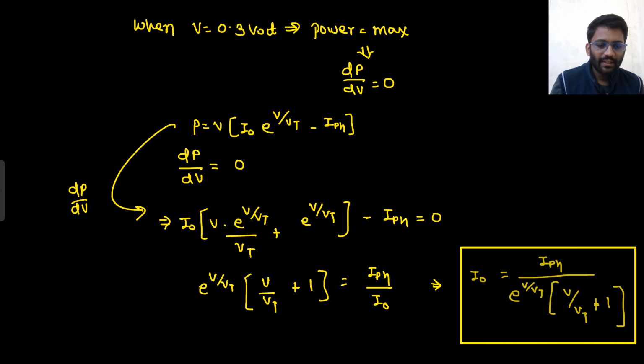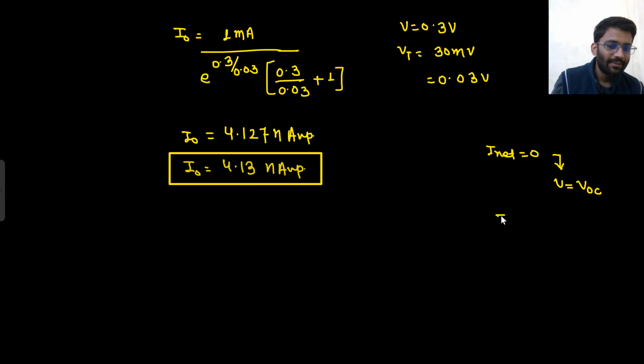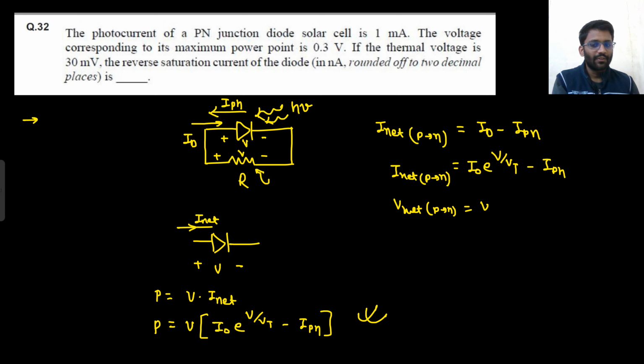And along with that, what is ISC? ISC means resistance will be 0. If resistance is 0, how do we find ISC? If resistance is 0, that means V voltage will be 0. So if V is 0, at that time your current I would be ISC, and that would be equals to IPH only, because when this voltage is 0, that means there will be no diode current. So only current left will be IPH only. Are you getting this point?